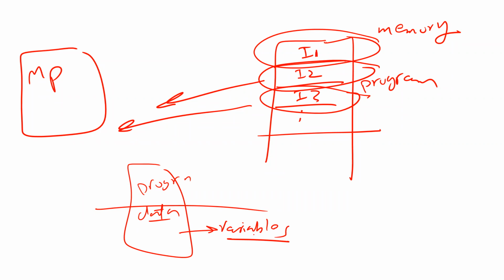Okay, variables. Also, for example, I have a sensor. This sensor gives me temperature, and I want to store it. For example, I want to collect the temperature of a week. I need to store it somewhere. So I create an array. I have to put this array somewhere, so I'm going to put it also in memory, so that later, if you want to read any variable, you can read it from memory.